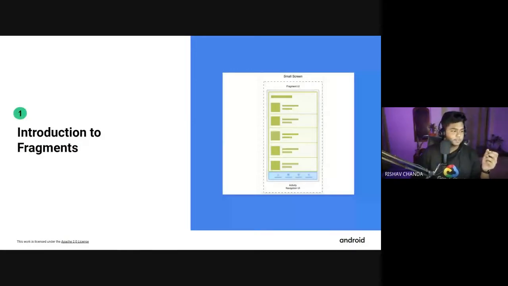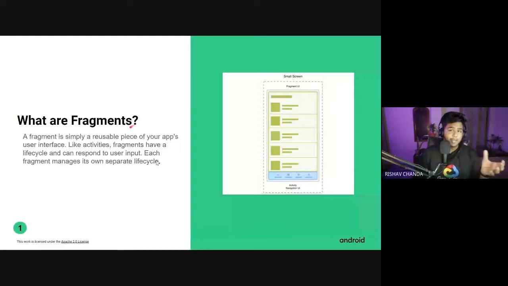So what is a fragment basically? A fragment is a reusable piece of code which we can use multiple times in different activities. The first thing is that a fragment is always used inside an activity. An activity is a screen, and a fragment is also treated as a screen, but it is inside an activity, and a fragment maintains a different life cycle other than the activity. It doesn't depend on the life cycle of the activity.